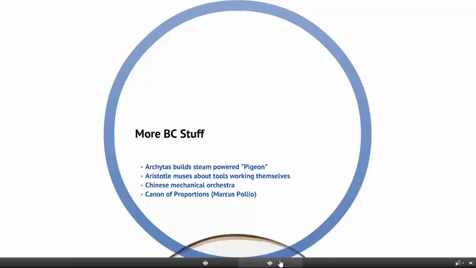And it does a number of different things that some of our simpler toys would even do, but in their idea, this was a very complex thing. Aristotle during this time also mused about tools working for themselves. What if a hammer could pick up and hammer for itself? And so going back to some of our philosophers, they were even talking about this concept of having inanimate objects do things for us.